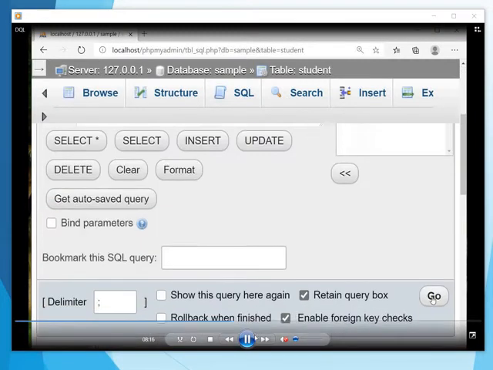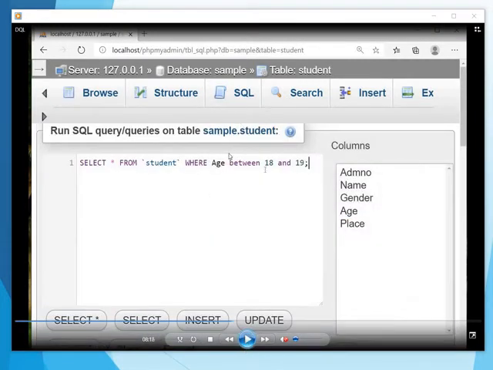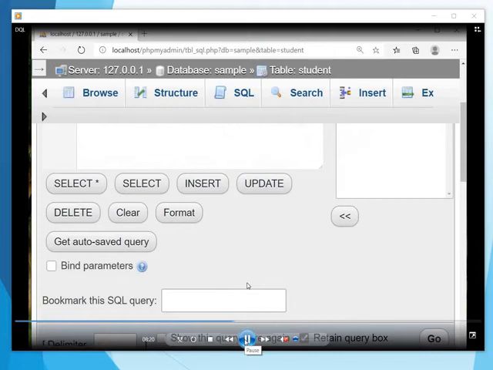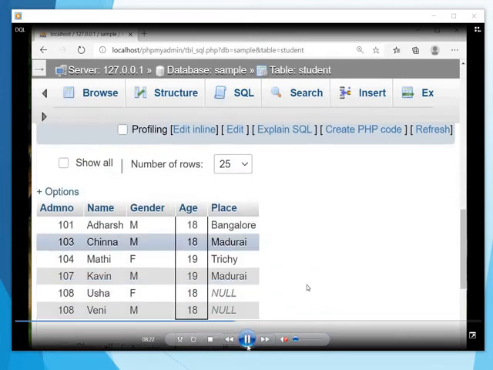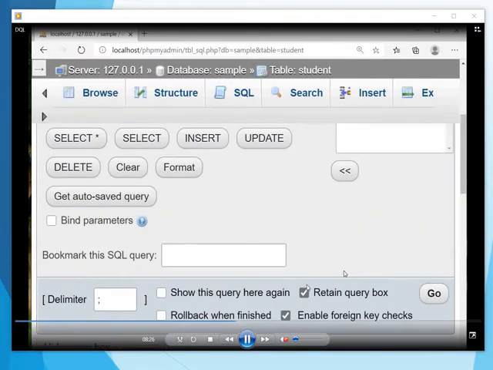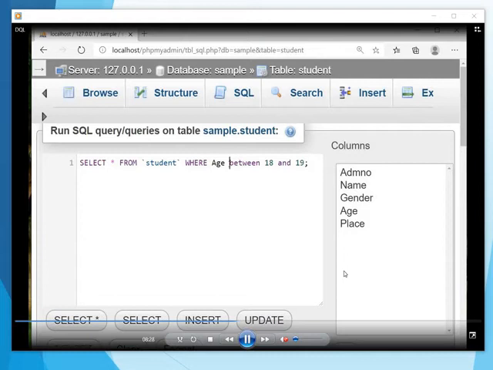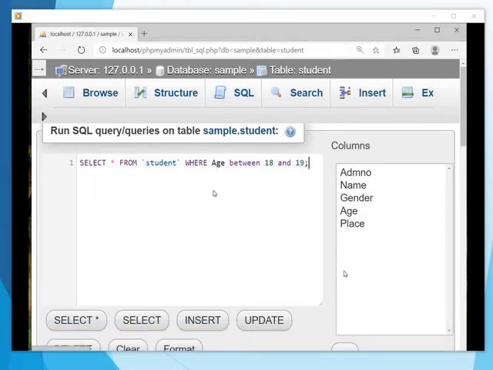So see here, between 18 and 19. So where age is between 18 and 19, execute the query. So the age is only from 18 to 19. Next keyword is not between 18 and 19.